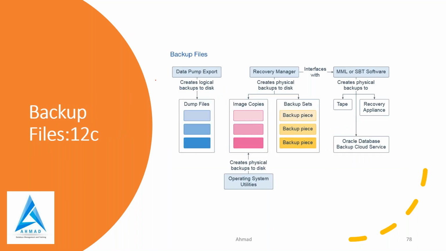And backup files, we know that we have logical backup, we have physical backup. So in logical, we do database export import, and in physical, we have RMAN. That backup we can store either on tape or on disk. I'm not going into detail because this is a separate topic, but the picture was colorful, so I have posted it here.